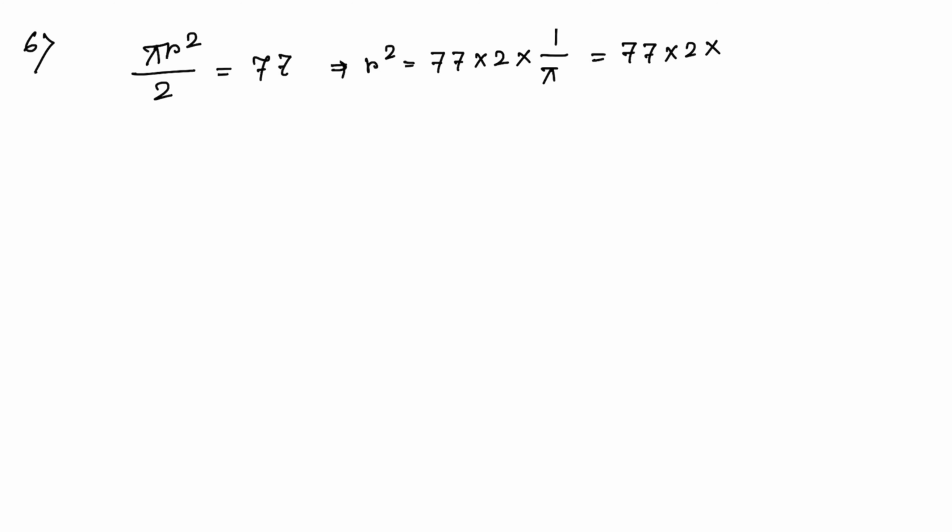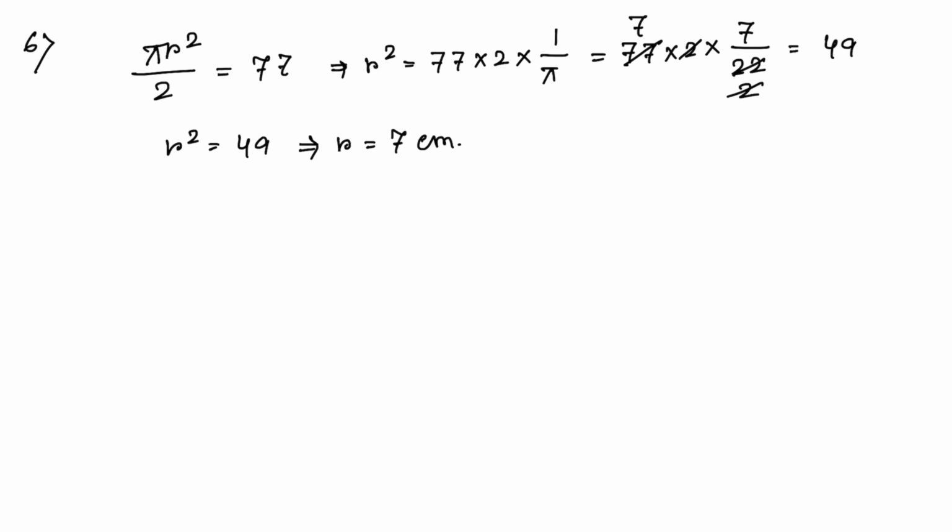Here the area of a total circle equals pi r square, and as this is a semicircle, it equals pi r square by 2, and according to the problem that equals 77. So r square equals 77 into 2 and then 1 by pi. Here 77 into 2 into 1 by pi means you could write 7 by 22. So 11 into 7, and 11 into 2, then 2 cancels out, so it is 49. So r square equals 49, which implies r equals 7 centimeter as your radius.